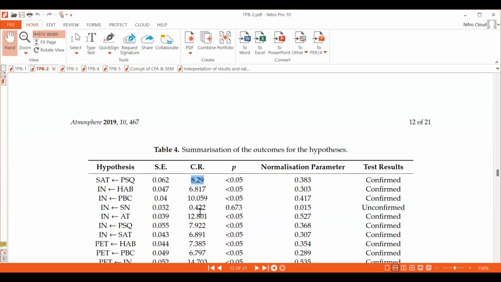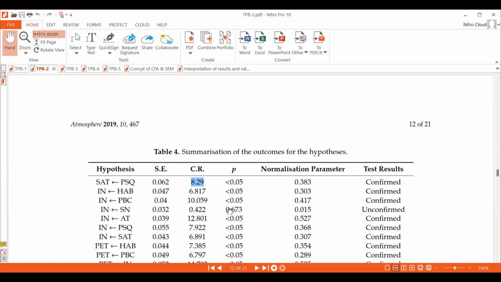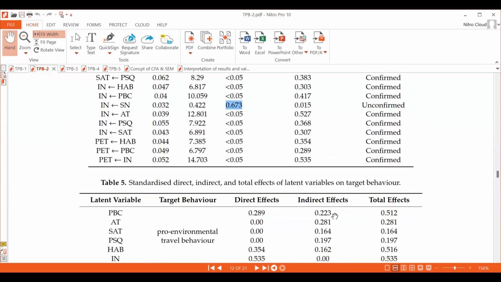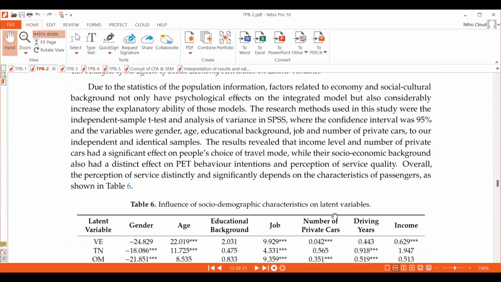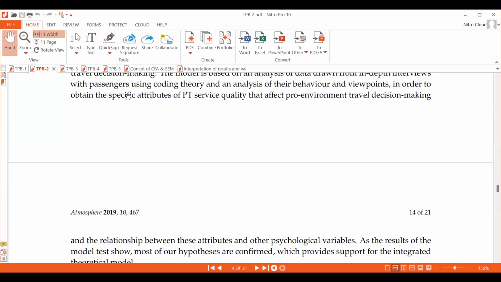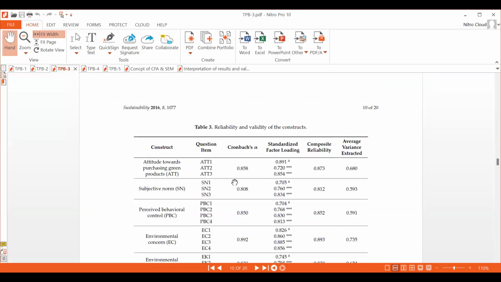So this relationship is significant, and you can write confirmed, or when p value greater than 0.05, like here the p value 0.673, it means not supported और अनकन्फर्म्ड। मतलब अलग अलग तरीके होते हैं लिखने के, तो आप इस तरीके से लिख के एक रिसर्च पेपर डेवलप कर सकते हैं।